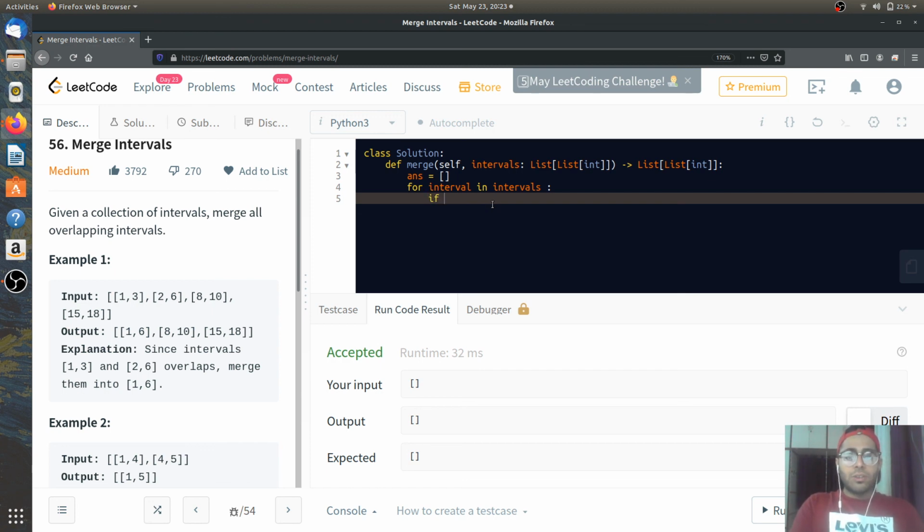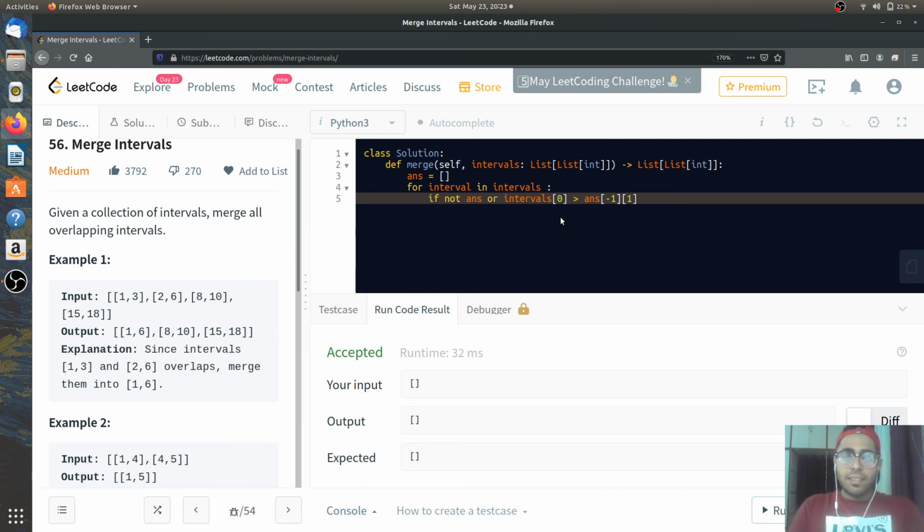So if not answer, or the second case would be that there is no overlap, that means the current one, that is the interval's starting time, is greater than the ending time of the last interval, that means the last interval in the answer array. So yeah, the ending time of that.